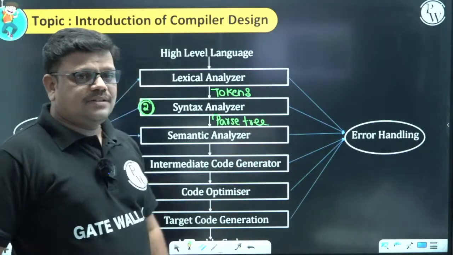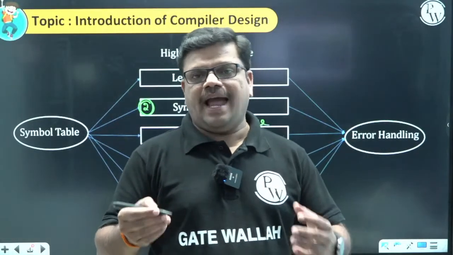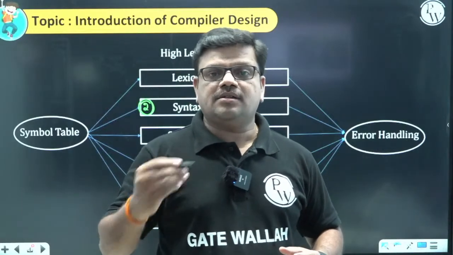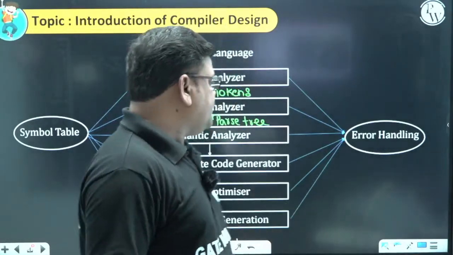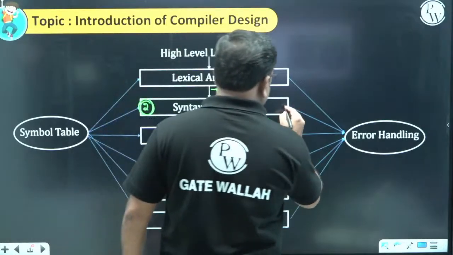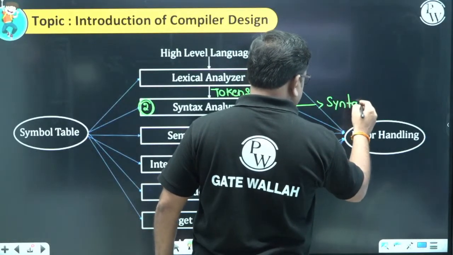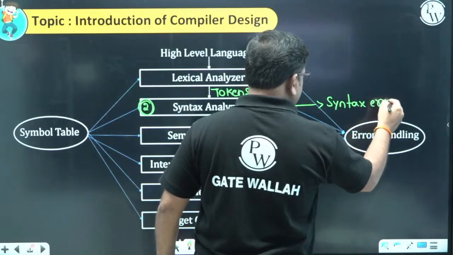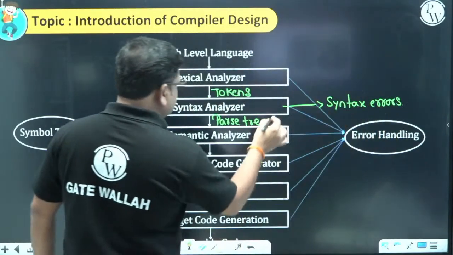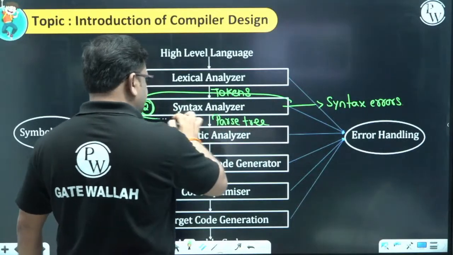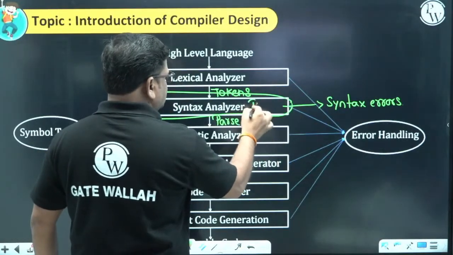So syntax analysis takes tokens as input, produces a parse tree as output, and verifies syntax. If there are any mistakes in the syntax, it generates syntax errors. In today's class, we see how to design this program, the syntax analyzer, which is also called the parser,